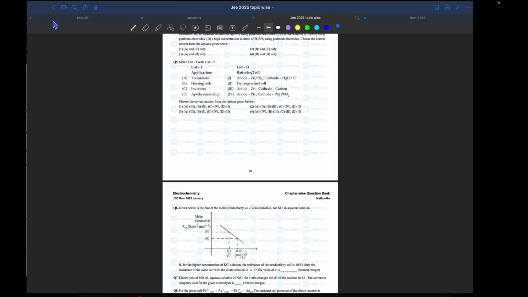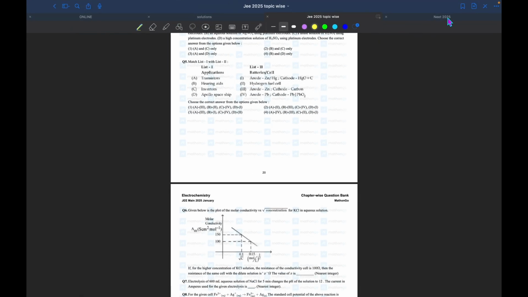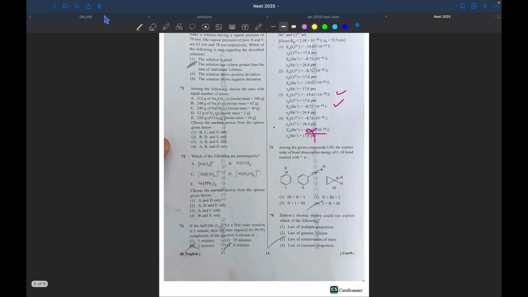Okay, so we will take up a few more questions. Since we don't have classes in the afternoon, we shall solve a few questions based on colligative properties. I have come up with a few questions. I'll write the first question, and we have to try this. So the question is,